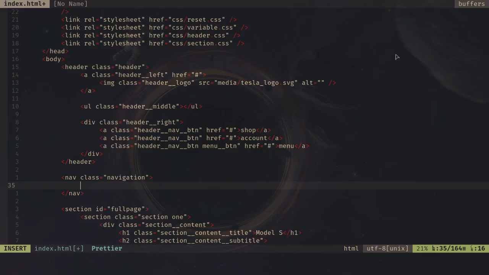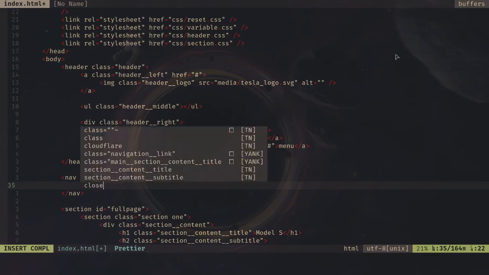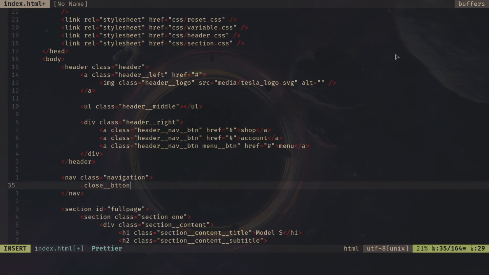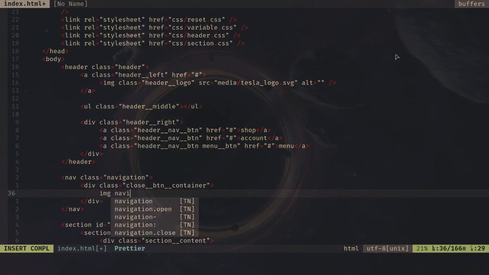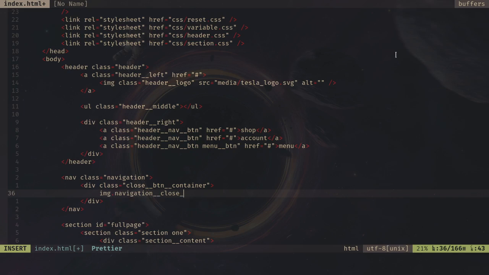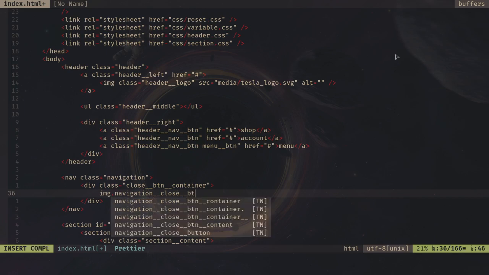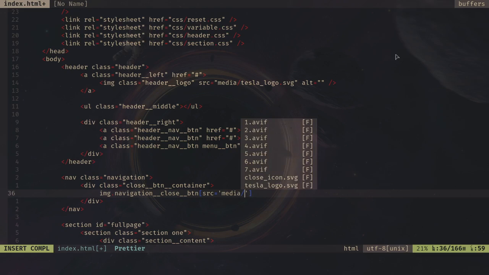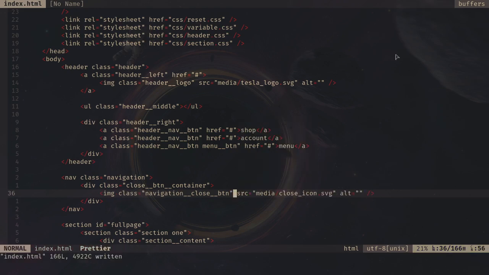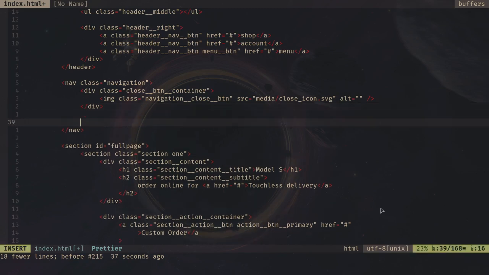So let's create a container with a class of close-btn-container. It will have an image tag with class of navigation__close-btn, and the source will be media/close-icon.svg. And now we need to add another unordered list